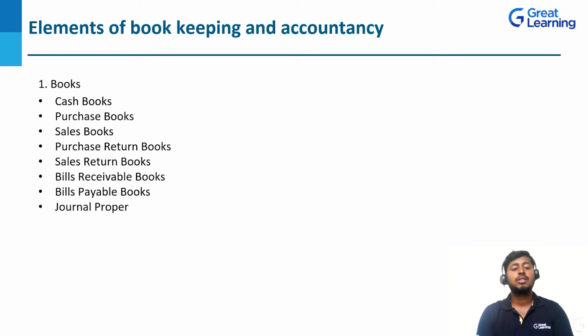So next, purchase return books. In the purchase return, the company is going to purchase the goods from the suppliers, correct? Or from XYZ person, they are going to purchase the goods. After bringing those goods to the organization, some goods were damaged or some were not up to the mark, either in quality or color, whatever it may be. For that reason, we are going to return the goods to our supplier, and that we are going to record in the purchase return books.